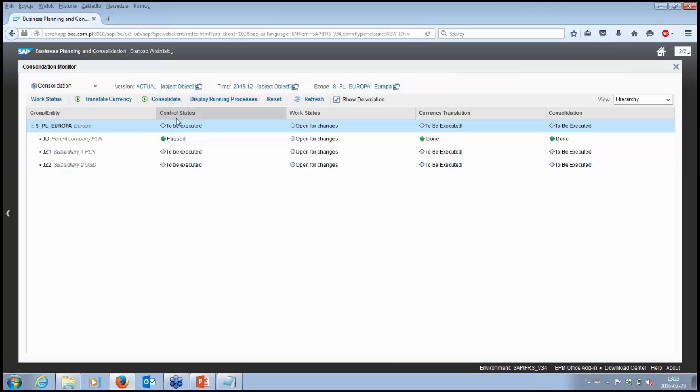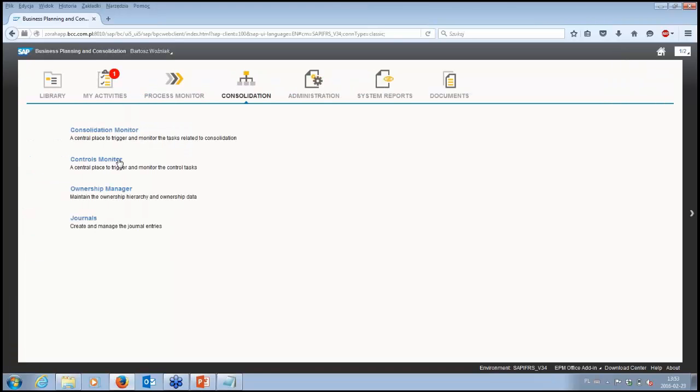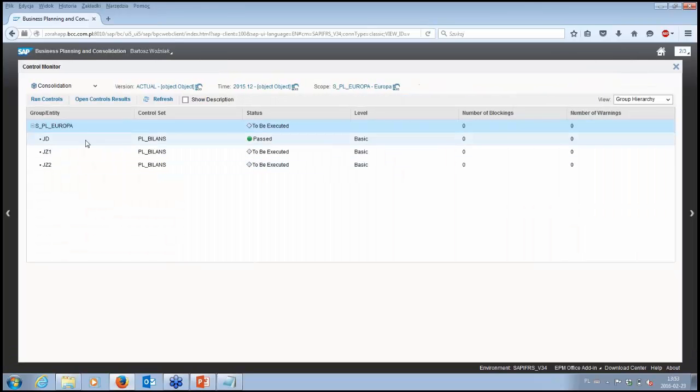This is what I was talking about. If the incoming data are consistent, then we will block the work status because we do not want end users to change anything. And then we will provide currency translation and the final consolidation. So first of all, we have to go to the controls monitor and run all my controls for the whole capital group.